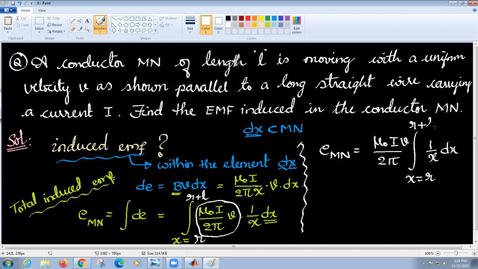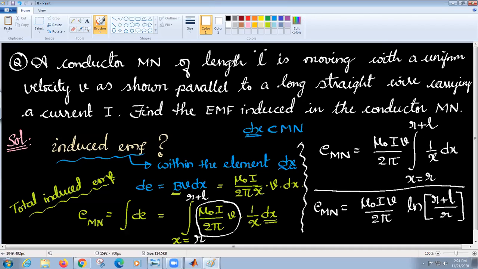So the total induced EMF across the conductor is mu naught I v over 2 pi times ln x. If you plug in the limits, you have ln of (R plus L) by R. Yes or not? Yes, sir. This is what you have. So it's a log dependence.